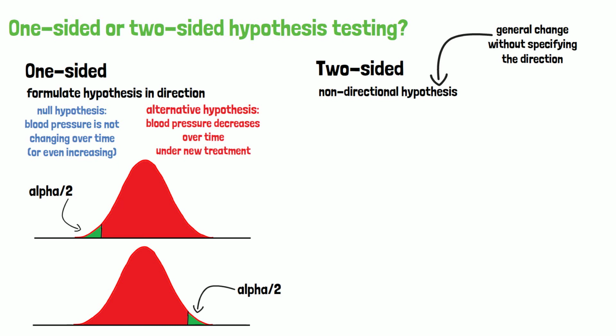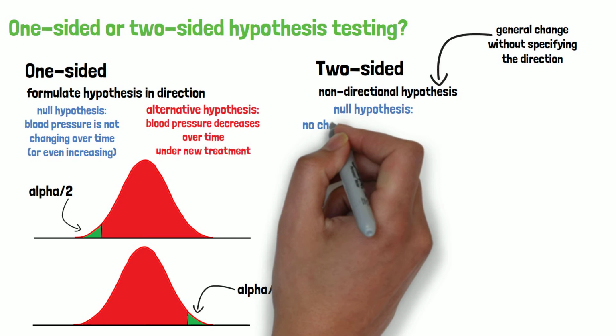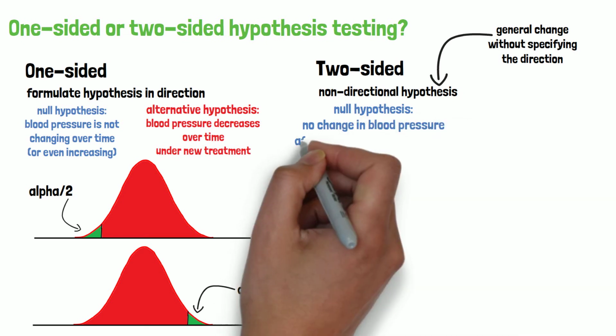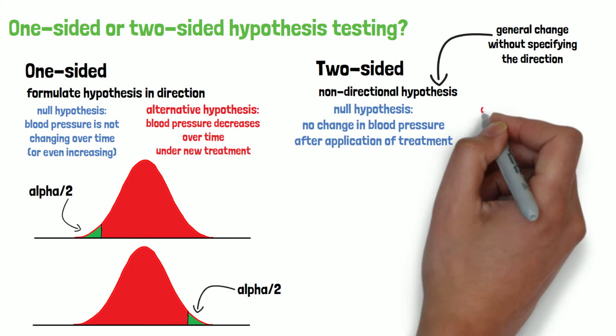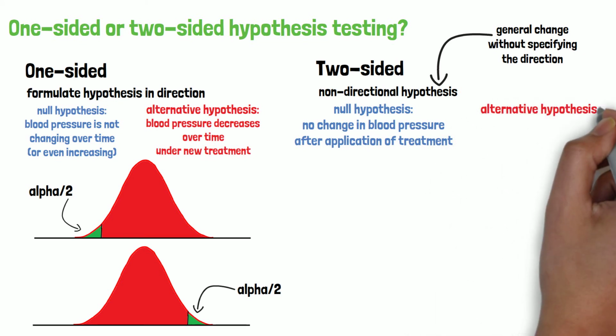To get back to our example with the blood pressure, in case of a two-sided hypothesis test, the null hypothesis would state that there will be no change in blood pressure after application of the treatment in comparison to the baseline. Whereas the alternative hypothesis would show that there is a difference between the start and the end of the